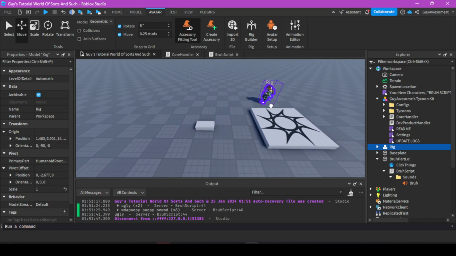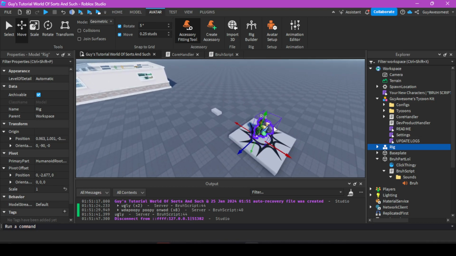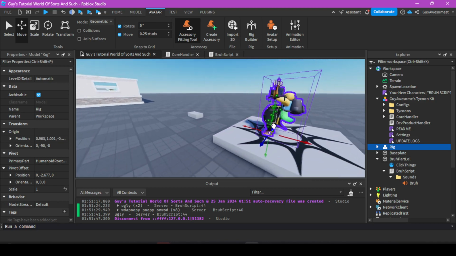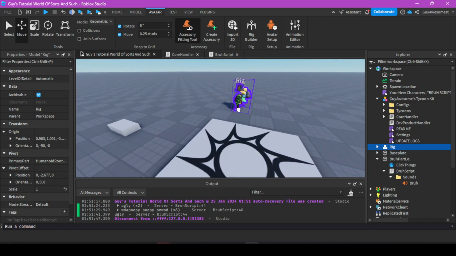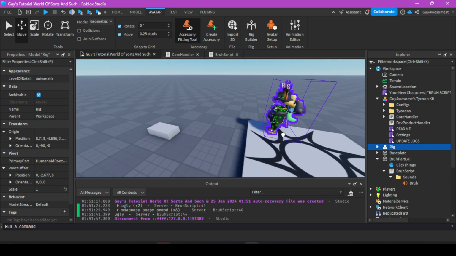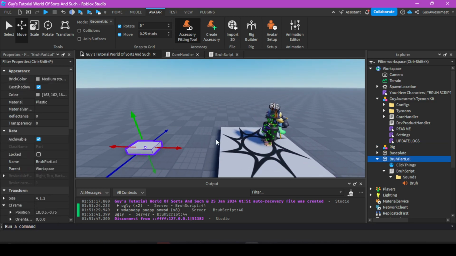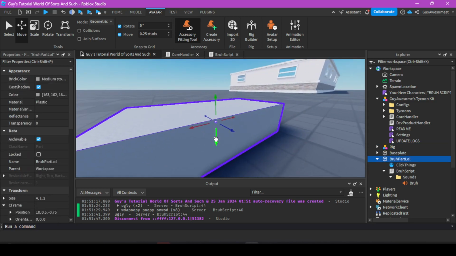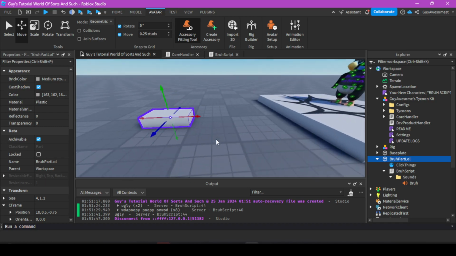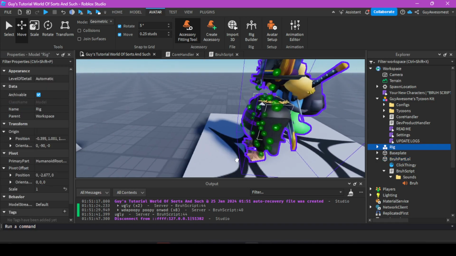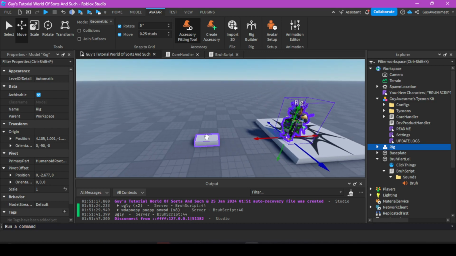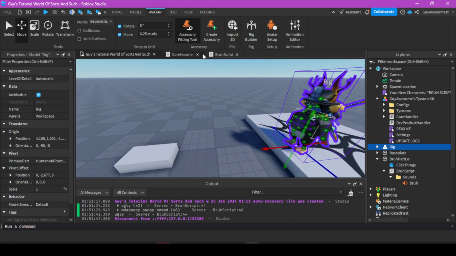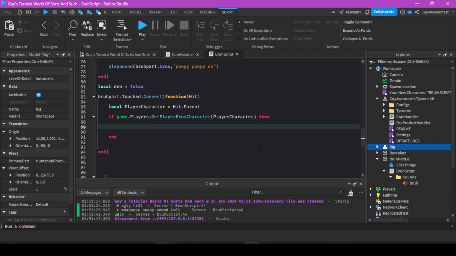That's a big no-no, because say you're doing something like an obby, and you don't want the character to be able to touch this when they die. Say it's a checkpoint. Let's just imagine that's a checkpoint. Wow, great checkpoint. And the player dies. If they touch that and they're dead, it's gonna claim the checkpoint. So what I'm gonna do